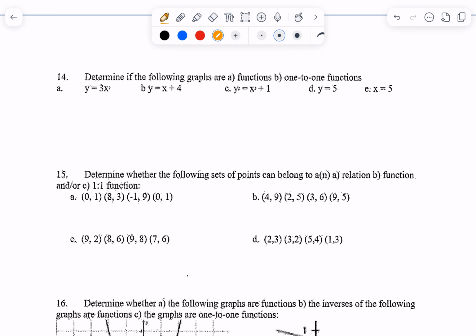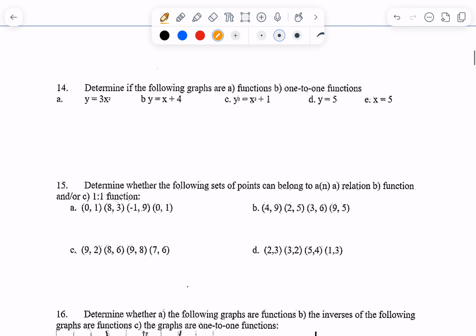Okay. All right. I guess I should probably speak a little more clearly. All right. So this is the